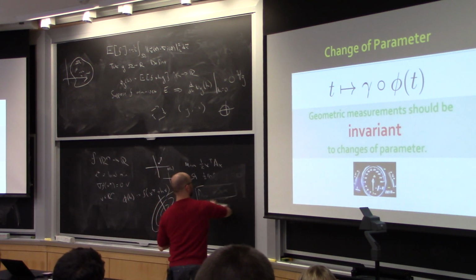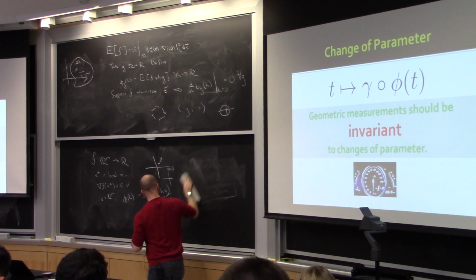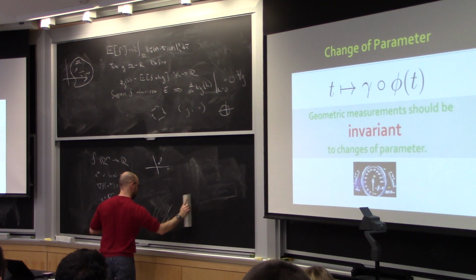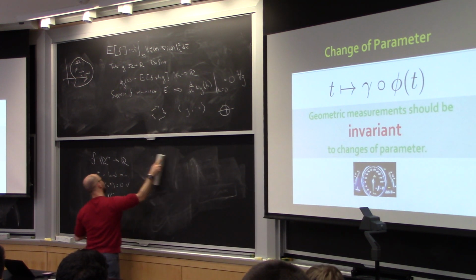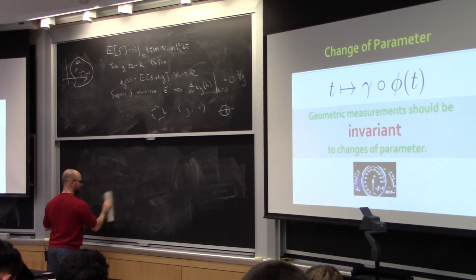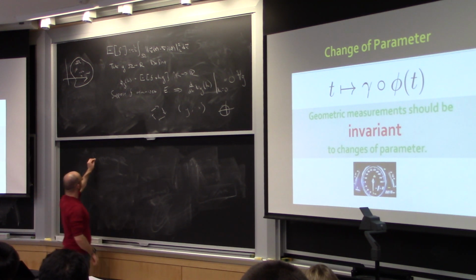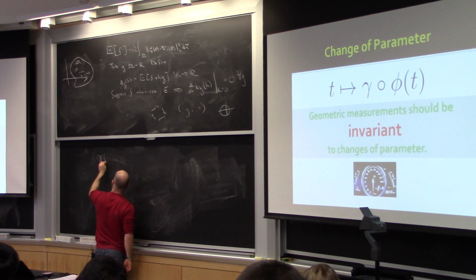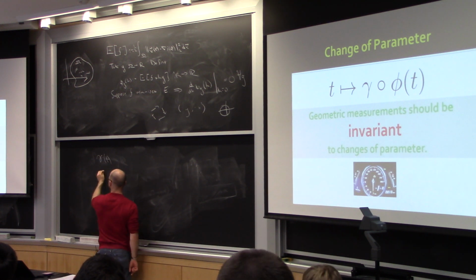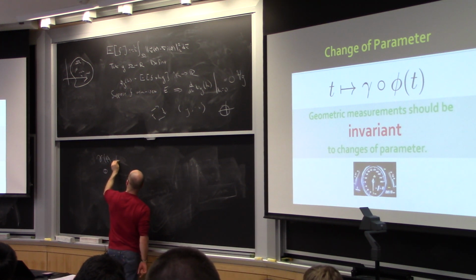So I have a parametrized curve, rather, gamma of t. And I cook up a new one. So in particular, I have a function. I'll stop talking for a second and erase. Okay, so I have a parameterized curve gamma of t. And in addition to that, it goes from [a, b]